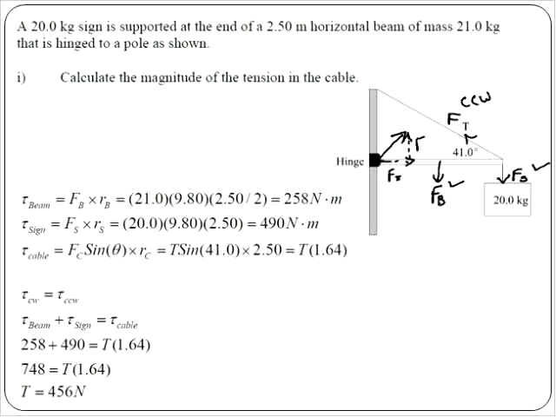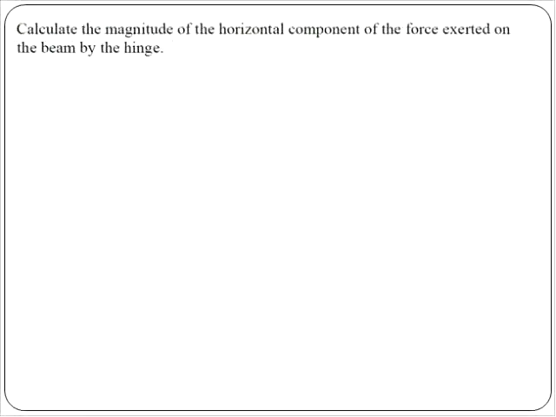So we have an Fx and we have an Fy, horizontal and vertical. So all we got to do is remember that the vertical forces have to cancel and the horizontal forces have to cancel. So because in the second part of this question we're asked for the horizontal part of that, all we got to do is say this,